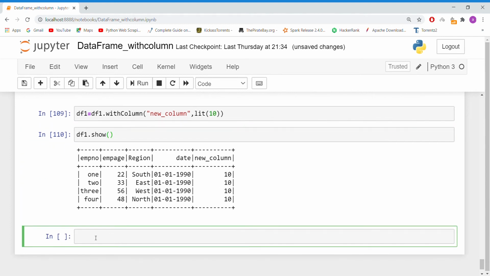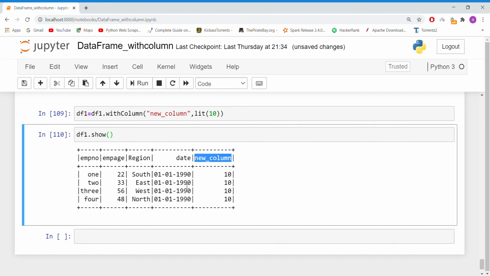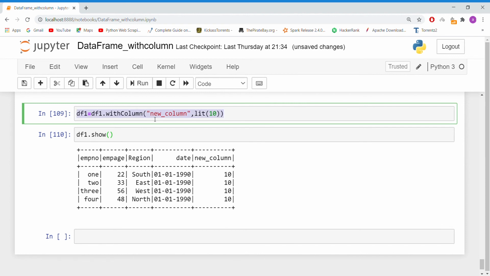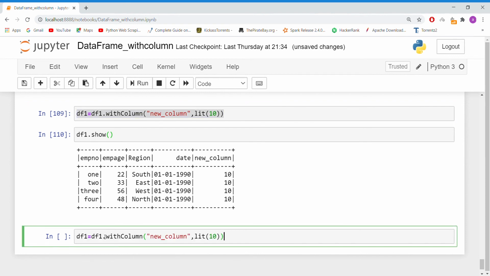For example, I want to rename the column name. So how to rename a column in the existing data frame? In dataframe1 we have 5 columns. So let's rename this column, new column, to donation. See how to do that. Let's copy this and paste it.